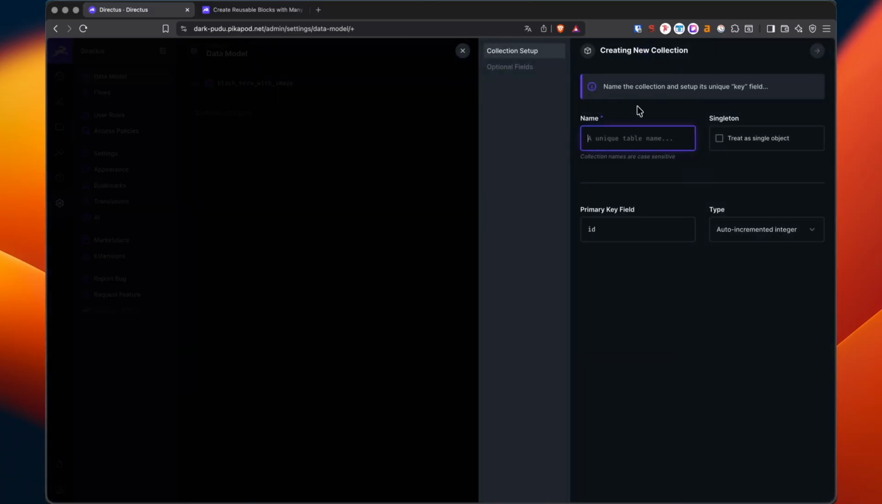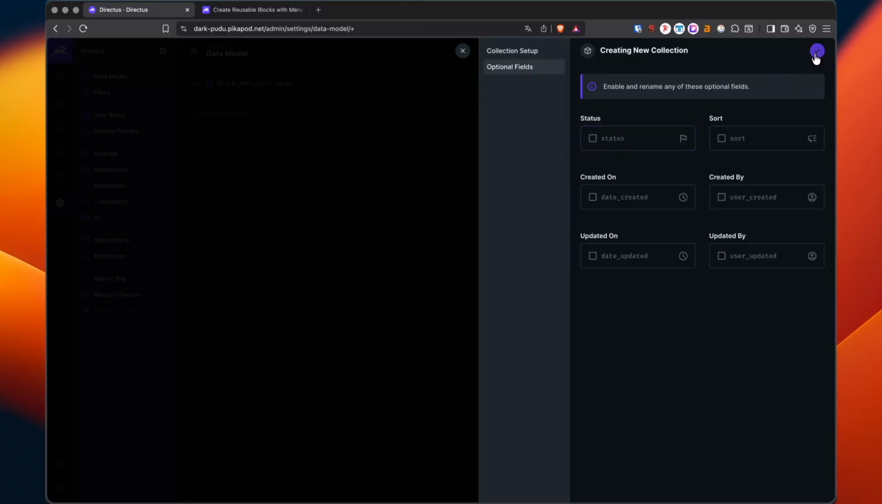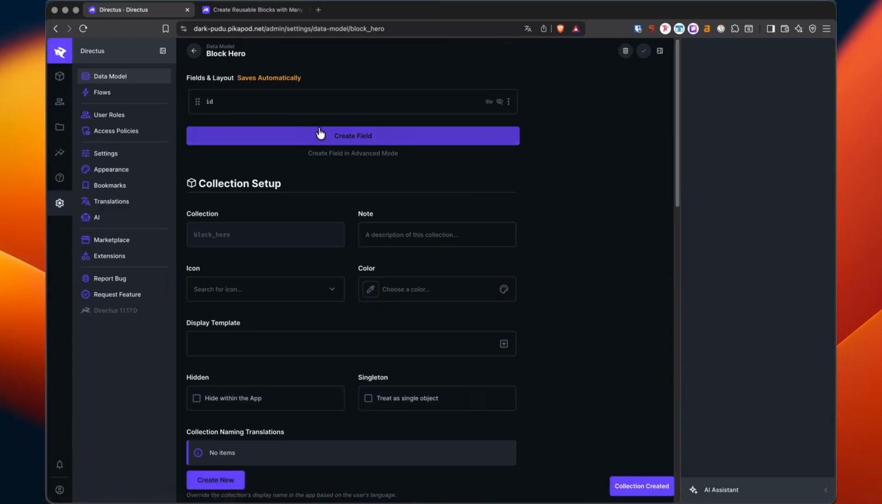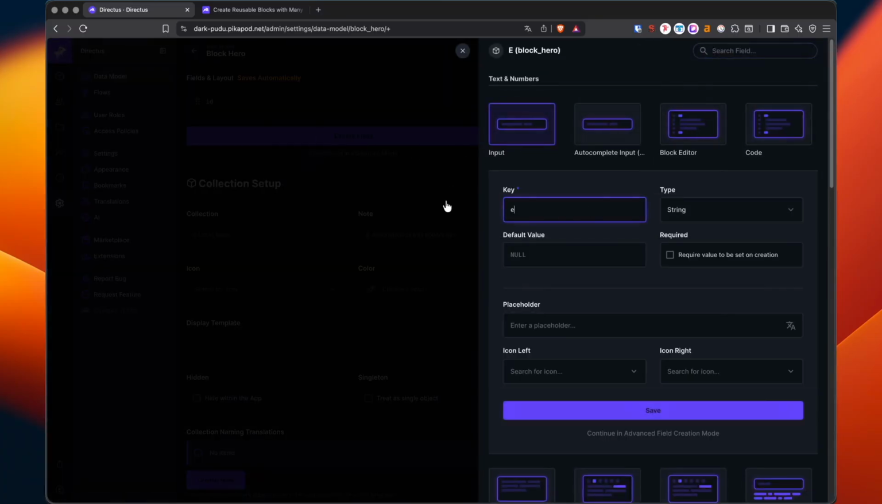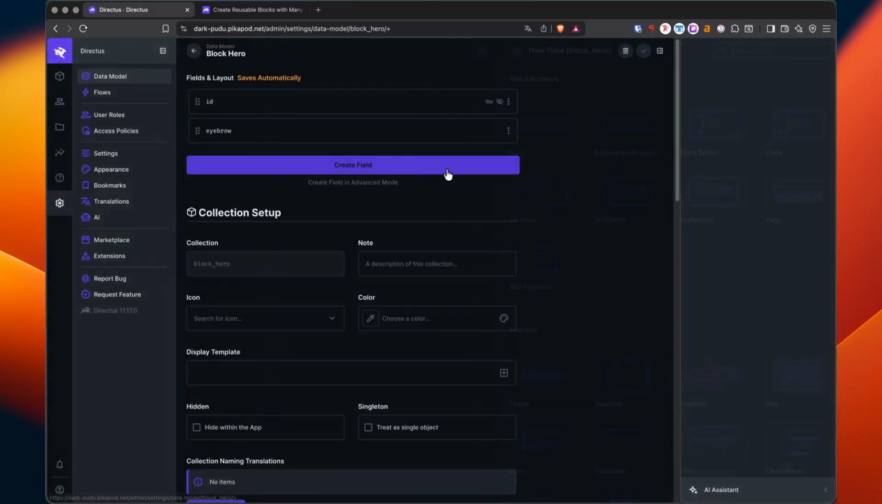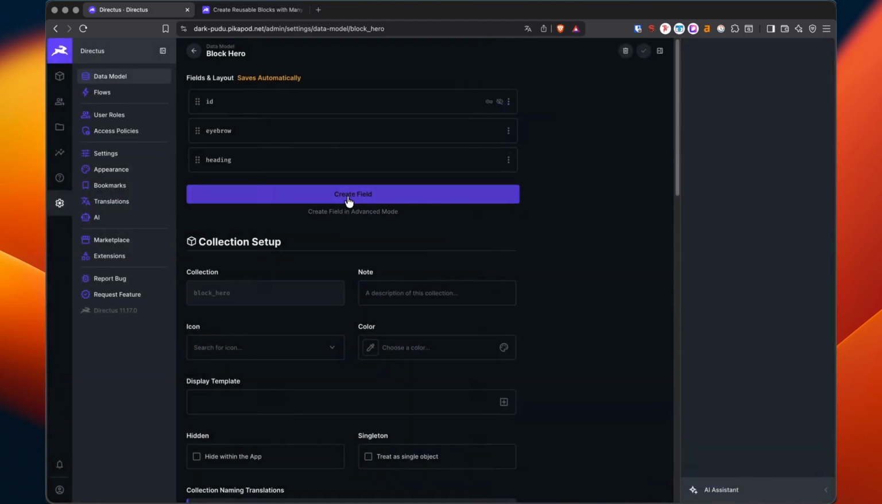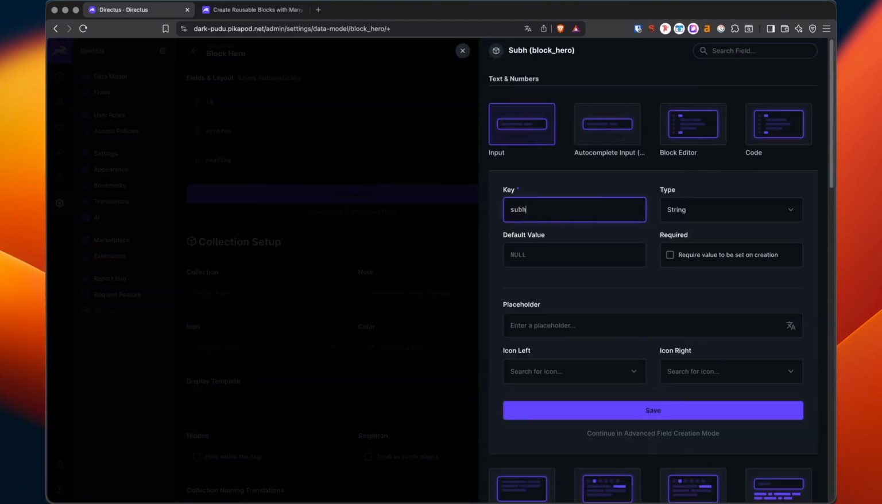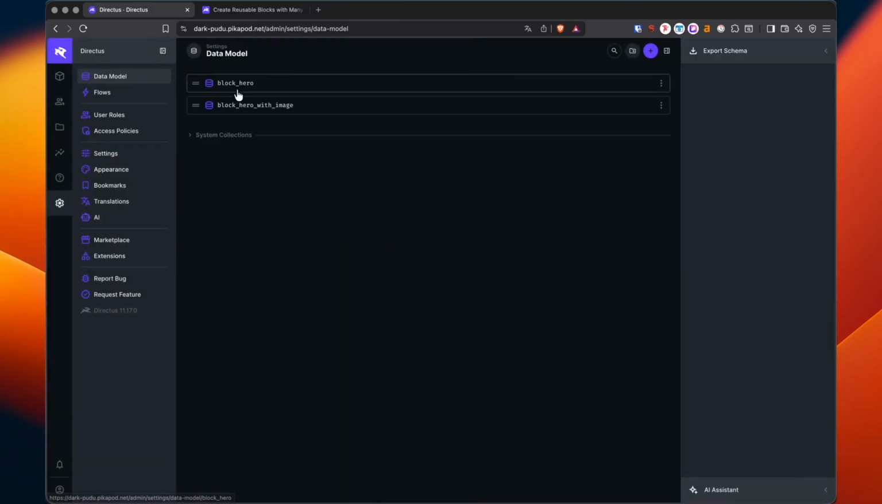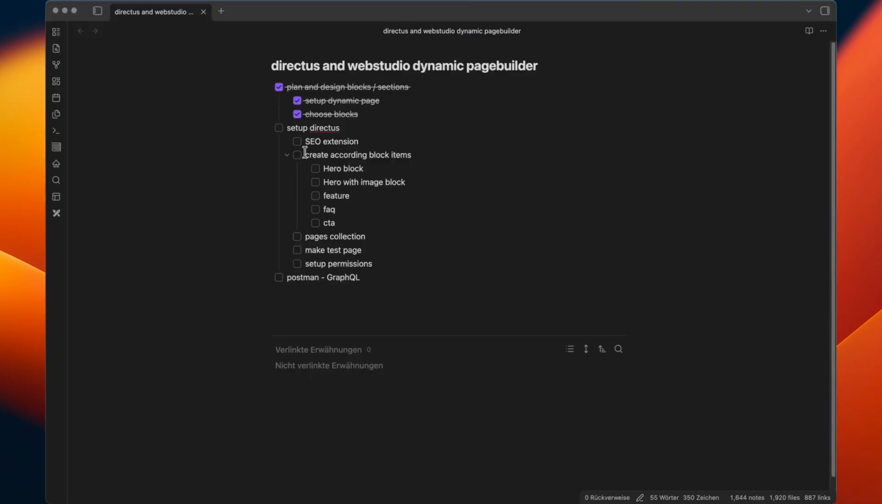Yep, that's fine. All right, block hero with image. Let's make block hero UUID and exactly the same. Eyebrow. Heading. And subheading. All right. Hero block